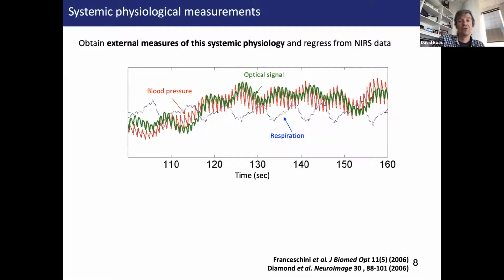Okay, so before we get to the short separation regression, there was like a decade where we were trying many different methods to deal with this physiological interference. And for a few years, we were quite excited about using independent measures of the systemic physiology. So we had a pulse oximeter giving us the PPG signal. We had a respiration belt around the chest giving us the inhalation, exhalation. And we had a blood pressure sensor, just a pressure pad on the fingertip, which was giving us traces of